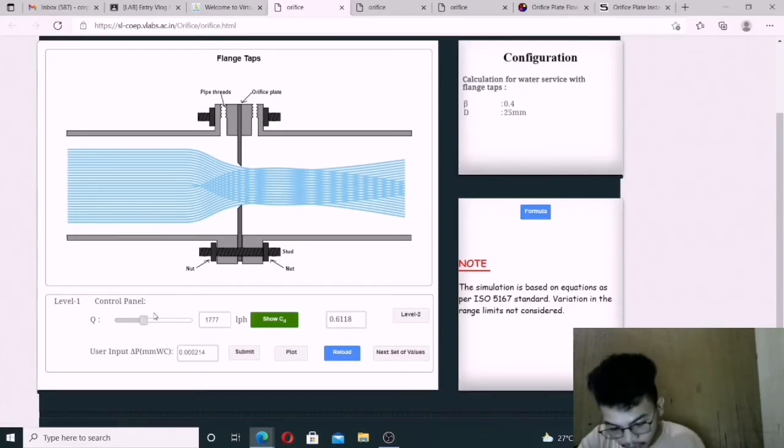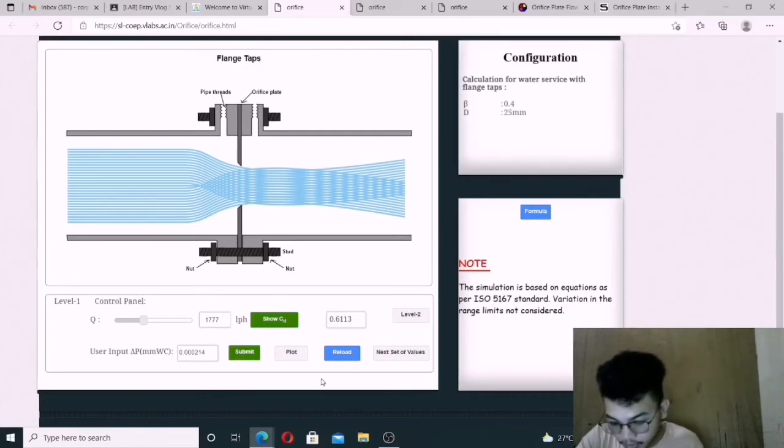So if you're going to click okay, 1777, then just click the green box to get our coefficient of discharge. So the new coefficient of discharge is 0.6113, and then our beta is constant at 0.4. So we have the value of